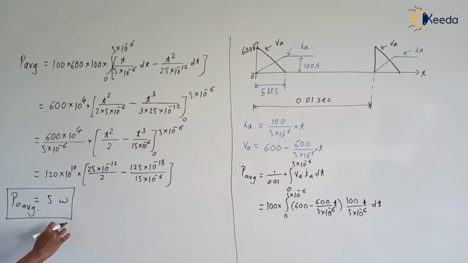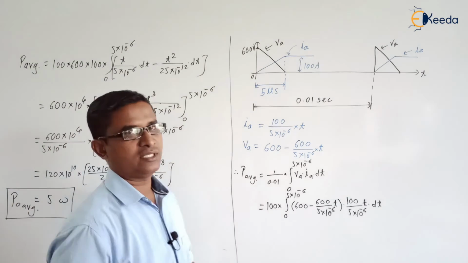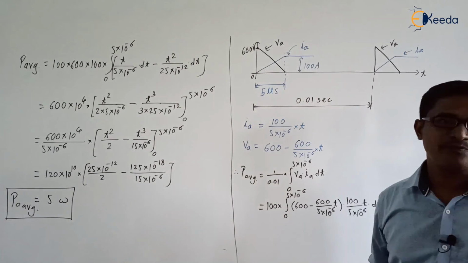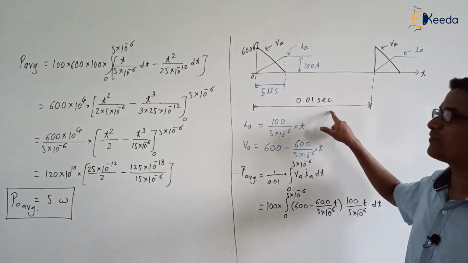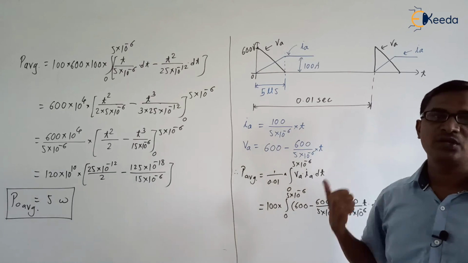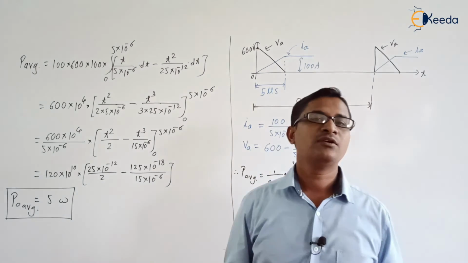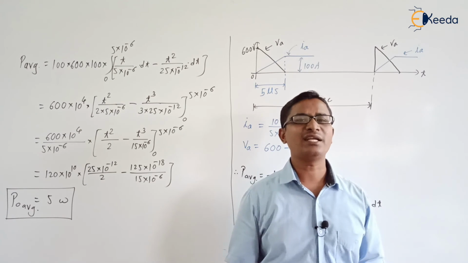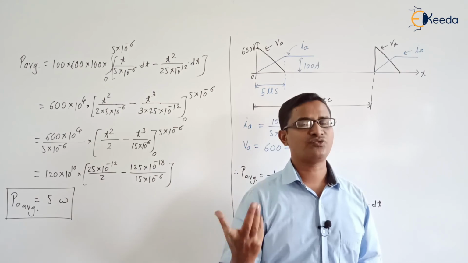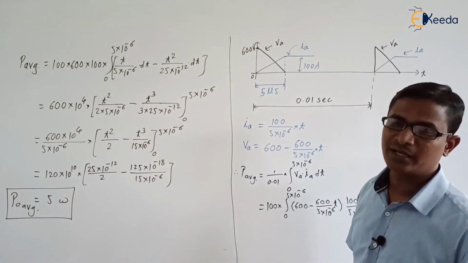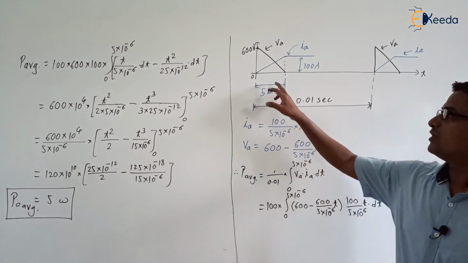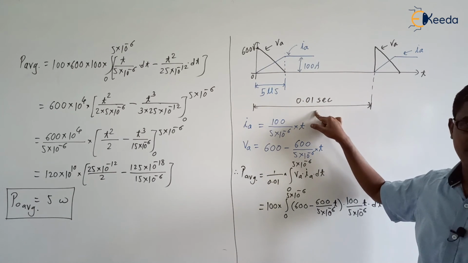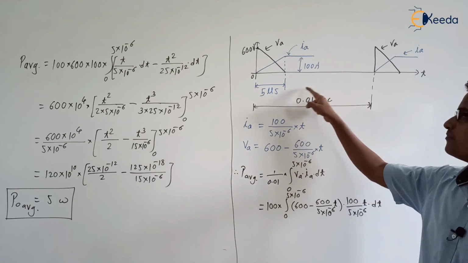Is this clear? They have given the VA and IA data, so from that we have drawn the waveform. And an important thing, they have given the switching frequency also. From switching frequency you need to understand for how many times in 1 second we are turning on the switch. Switching frequency indicates how many times we are turning on the switch. In 1 second we are turning it on 100 times, so once this is turned on, it repeats after 0.01 second. That's why this is the periodic time.